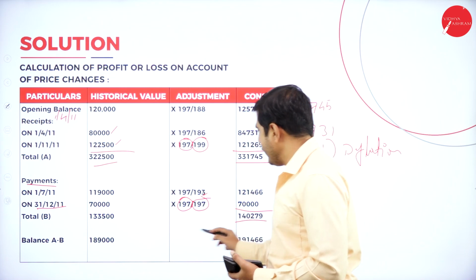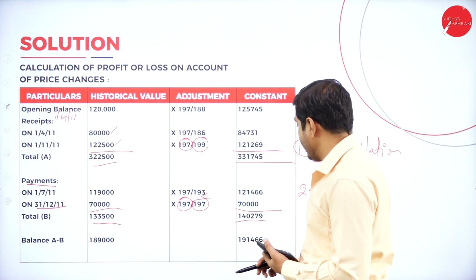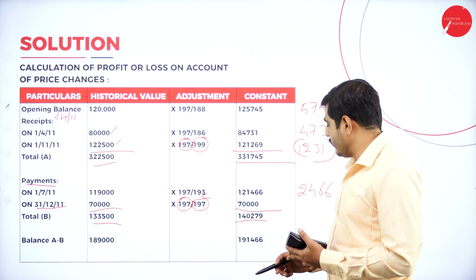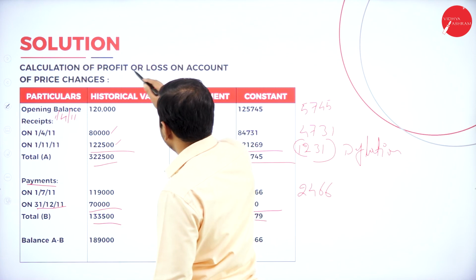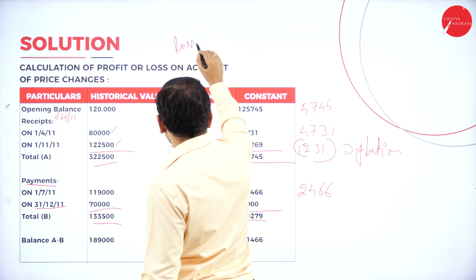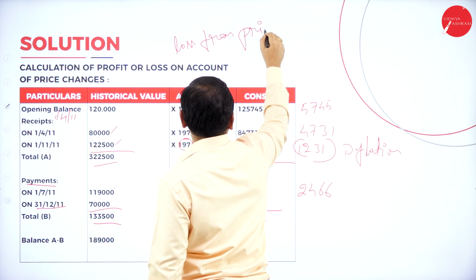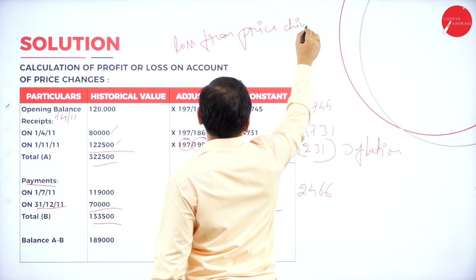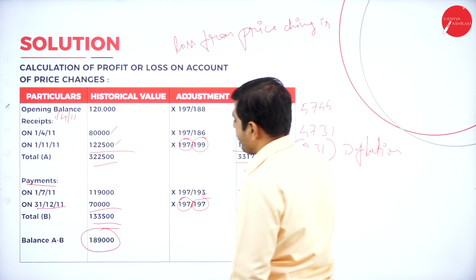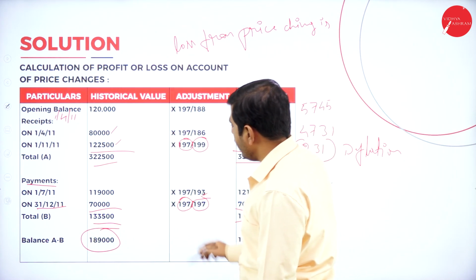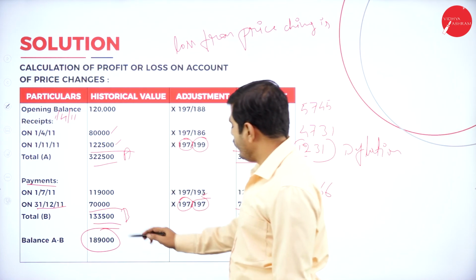So if you add both the amounts, on that day worth of the money is 1,33,500. Today it is 1,40,279. Now let's determine the loss. Loss from price change is, so what is the total amount here? A minus B. This is A, this is B. A minus B equals to